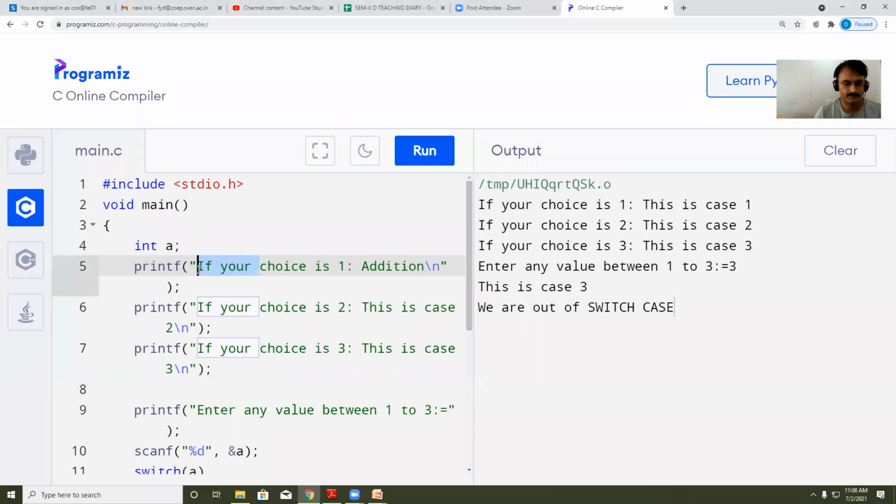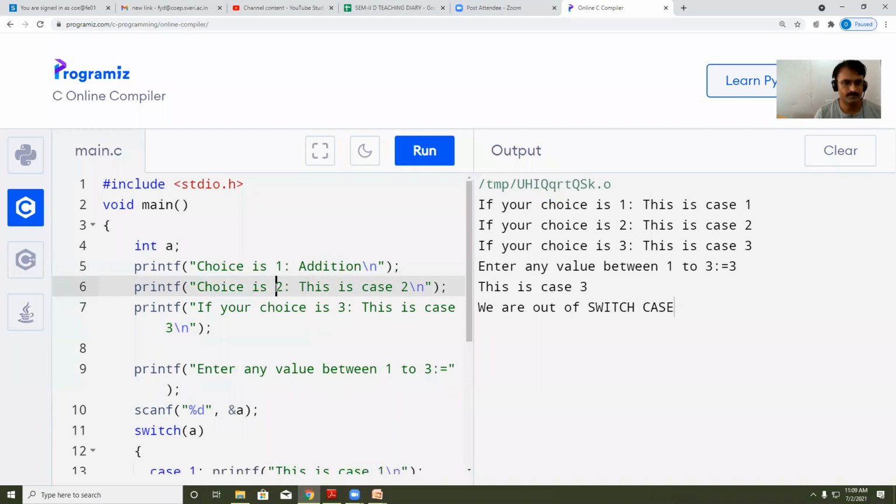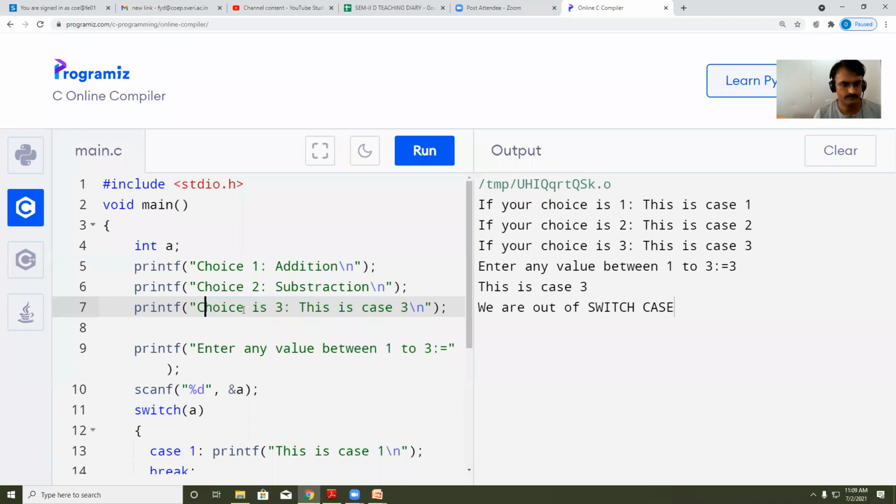I will write choice 1 is addition, choice 2 will be subtraction, choice 3 will be, let's say, multiplication.